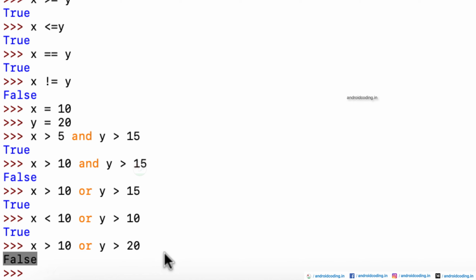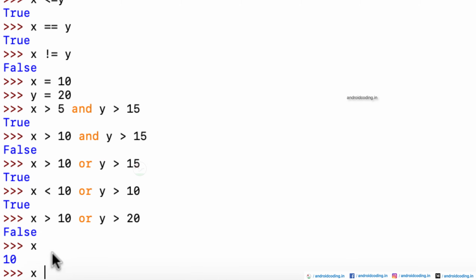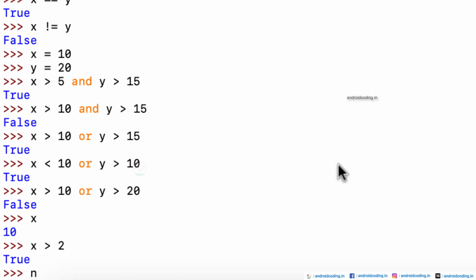And now let us try to see the not operator also. So for example, x equal to 10, which we have specified previously, so I'm not assigning it again, and just try to print. So we have x equal to 10, x greater than 2, so it's true here. Now by using the not operator on x greater than 2, you are getting false here.